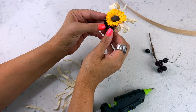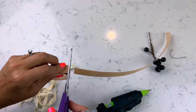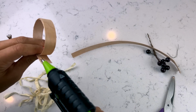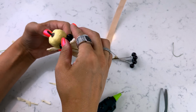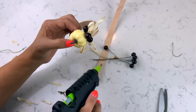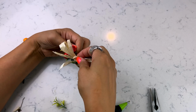pumpkins, berries. I'm using some raffia. Actually, it's not even raffia. This is leftover pieces I'm cutting off of a hula skirt from Dollar Tree, which in my opinion works much better than the raffia because it's much easier to tie in a bow and it looks just like raffia. So have fun with these, customize them, and just be creative with your little napkin rings for your fall